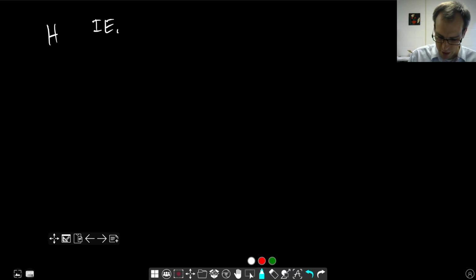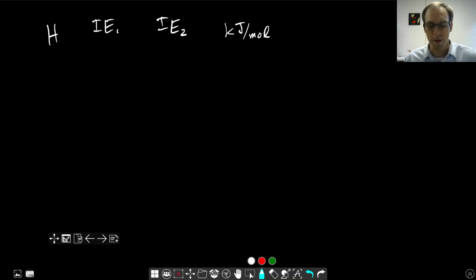So again, grabbing some data, we'll just look at hydrogen and helium to start with. We're going to look at ionization energy 1 versus ionization energy 2. Now, of course, for hydrogen, there is no ionization energy 2. These are all in kilojoules per mole, so this is how much energy it takes per mole of atoms. Ionization energy 1 for hydrogen is 1,312, whereas for helium, it takes a lot more energy to pull off